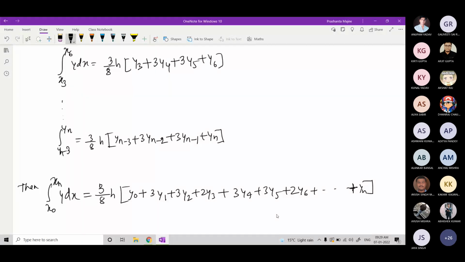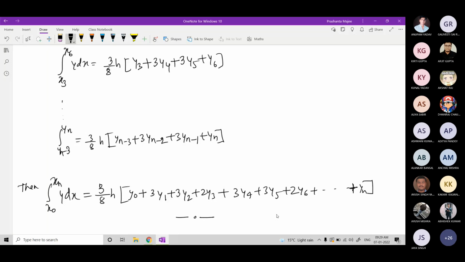Now let us stop at this point. A few more results are there, but they are basically nothing. I will just simply mention them because I will not be deriving them. You know the drill. To get the next formula, Boole's rule, you'll have to put n equals 5. You will have to consider 5 data points at a time.